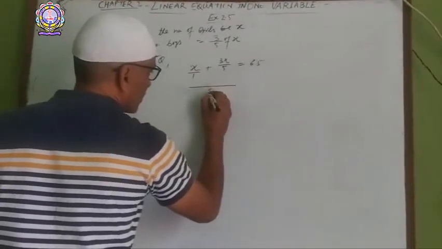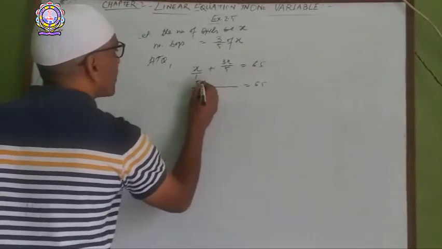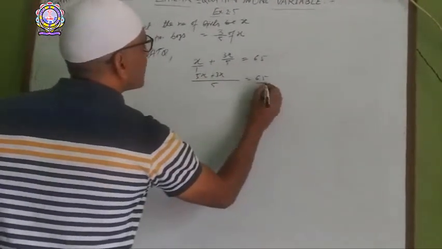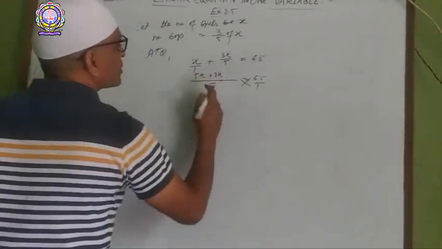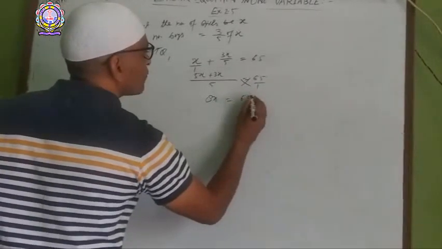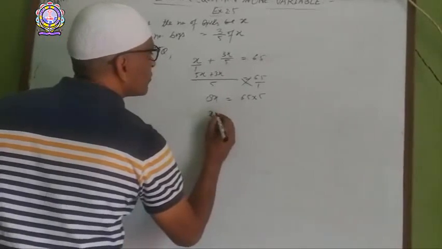Now take the LCM. This is 5x plus 3x, and this can be cross multiplied. This is 8x. 8x is equal to 65 into 5, and x is equal to